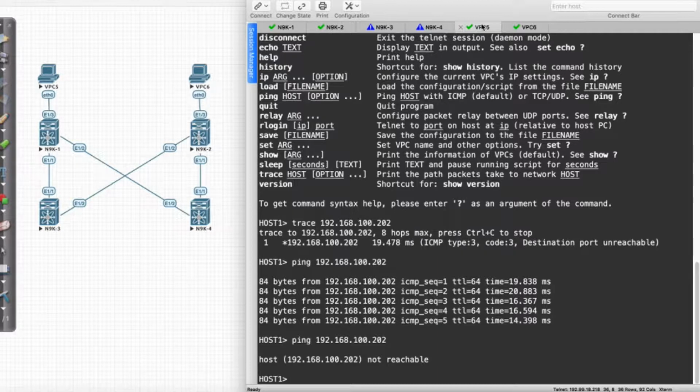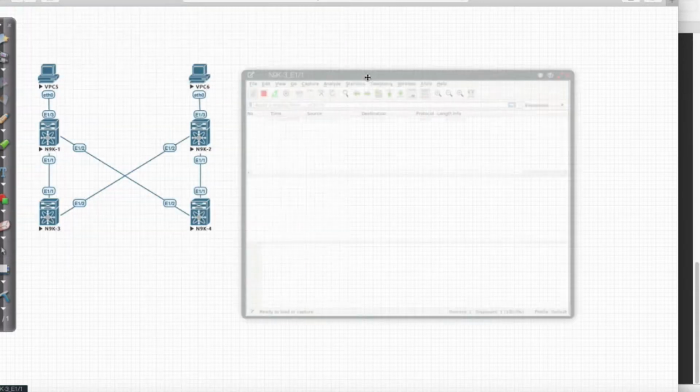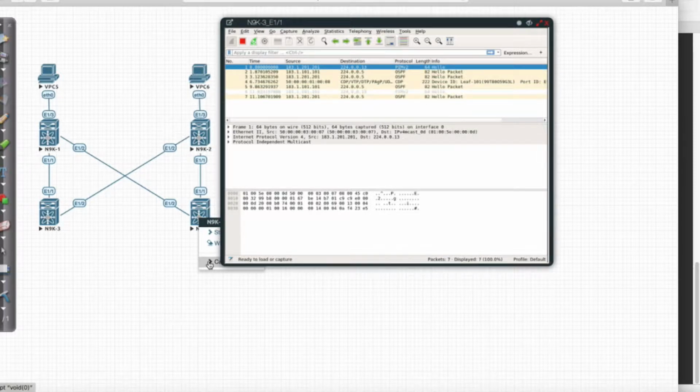So we see here that I am interested in traffic. I'm going to bring up NVE1 on 9K1 or leaf 101. I'm just going to come over here and right click and say I want to do capture on port Ethernet 1.1, and that's going to be pointing towards leaf 101. Let's see if this opens up for me. And it does. Then I'm going to do the same thing for port 1.2 on leaf 202.